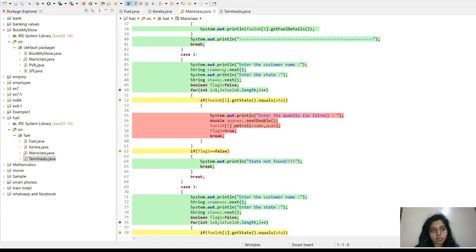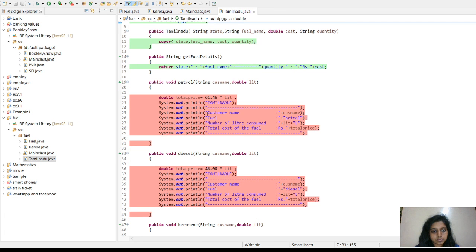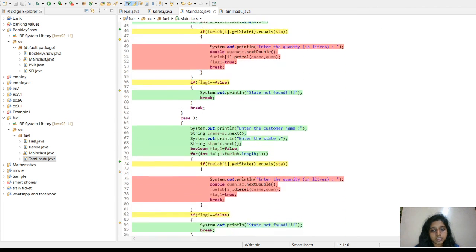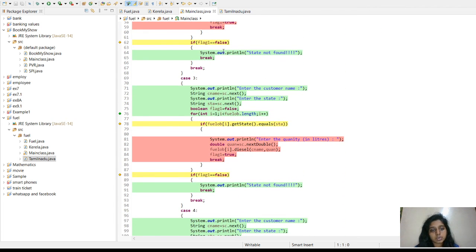Then it will move on to this void petrol function, and all those details will be executed. If we give some other state name or a spelling mistake occurs, the state not found message will be displayed.